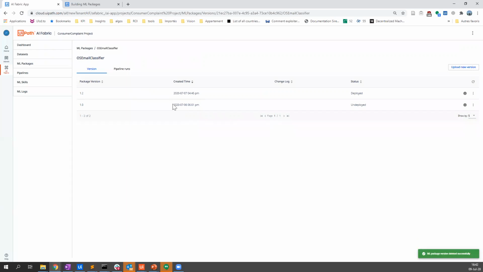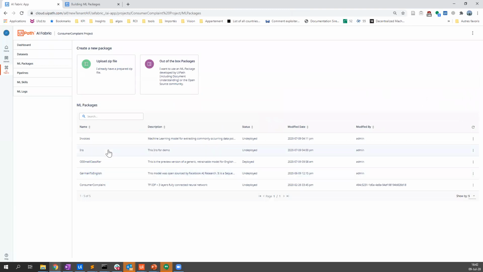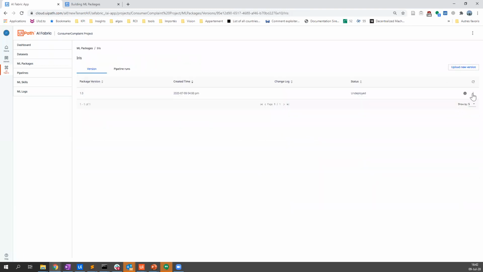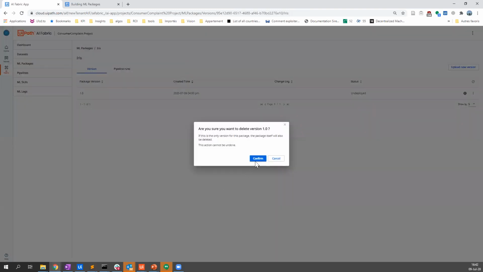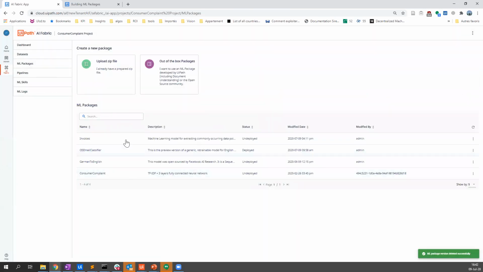And what's going to happen is it just disappears. If I do that to the 1.2, then I cannot do it. The reason why is just because it's deployed, so I cannot remove a deployed version. If I do that on Iris, where there is actually only one version, and I delete it, the package is removed, so you won't see it again.